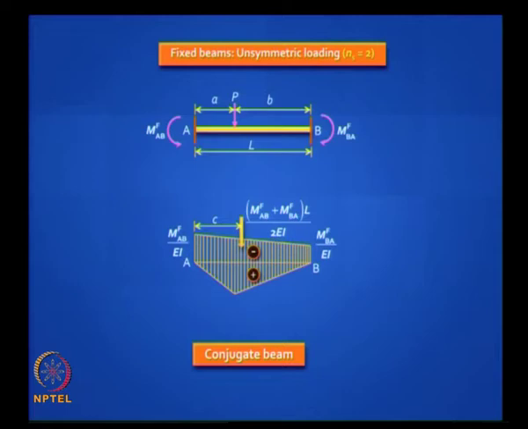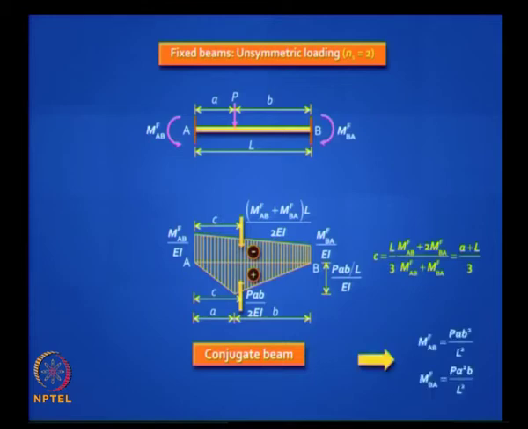So in this case, if A is less than B, MFAB will be numerically more than MFBA. You have to equate the area of now a trapezium with that of a triangle, and you have to find their lines of action. This can be done. We won't go through this, but these are formulas that you need to recall, especially when you do displacement method. The fixed end moment formula here turns out to be PAB squared by L squared for the moment MFAB, and PA squared B by L squared for the moment MFBA.